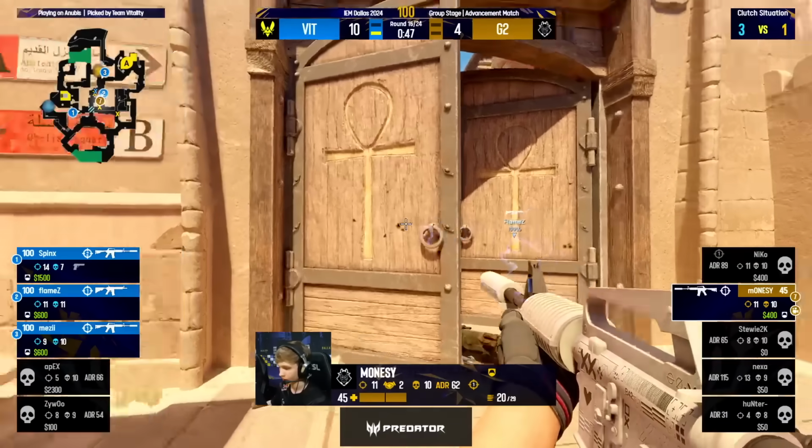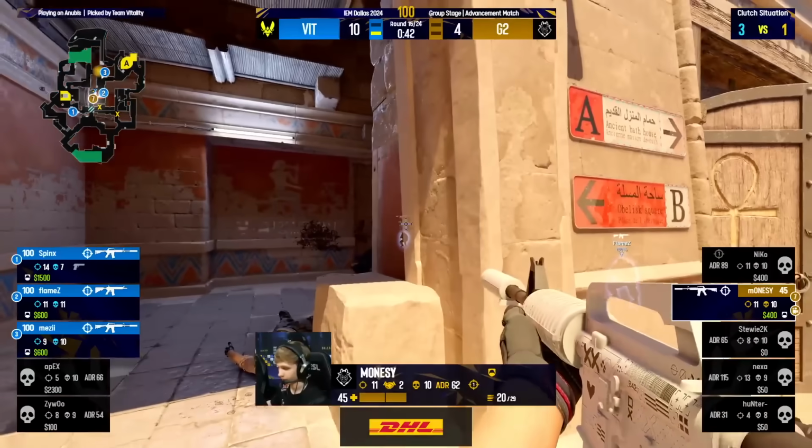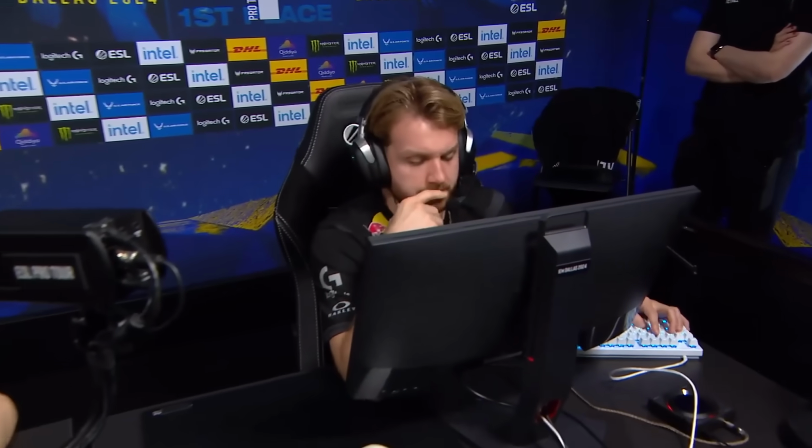Flamesy closed door. Bomb in front of them. Hoping to be given something. Free. It's a bullet between the eyes from Mezzi. Gets himself a double kill in defense of mid. Vitality up to 11. And G2